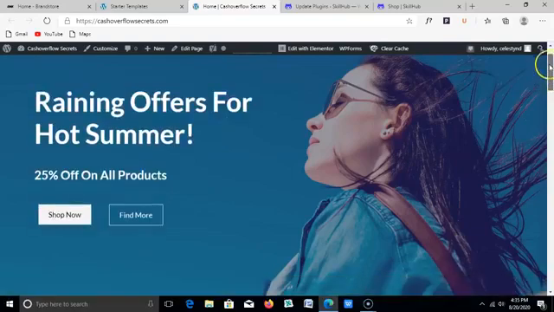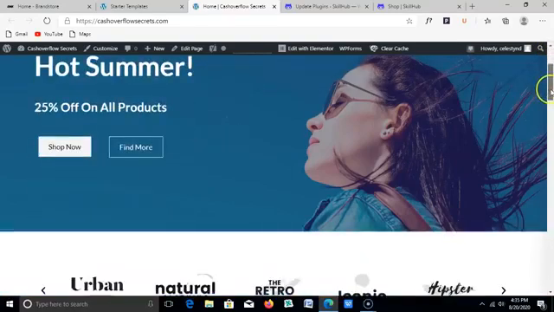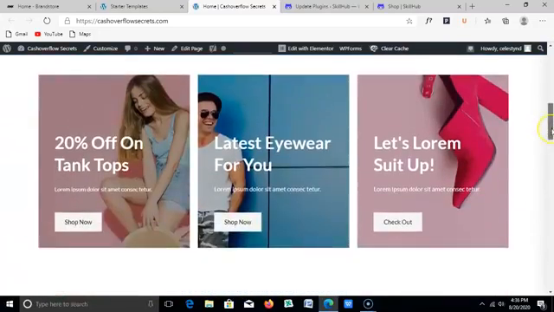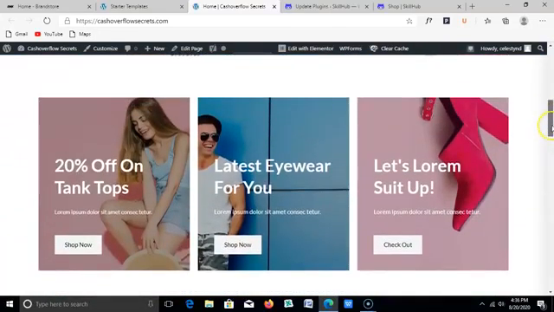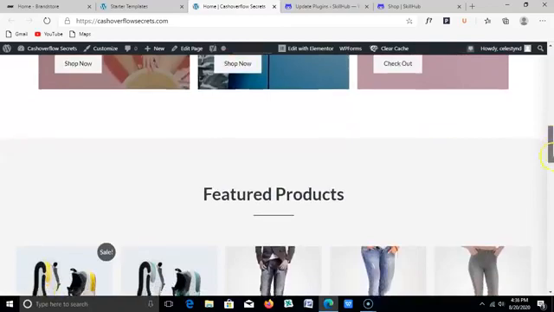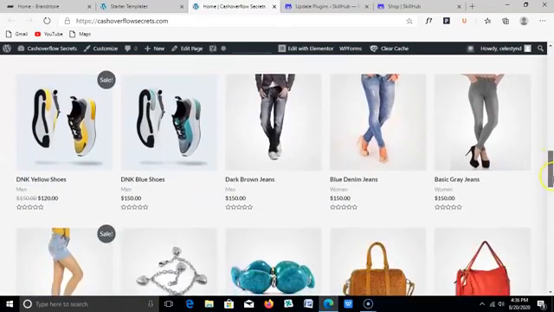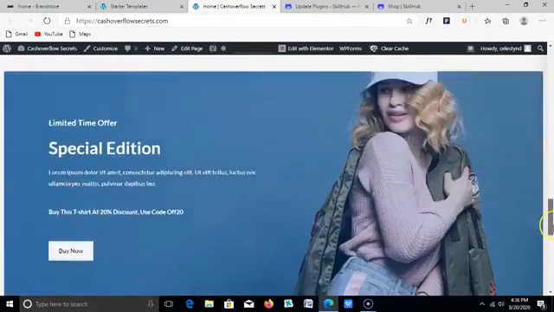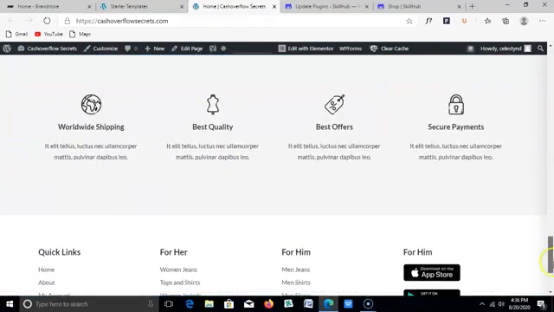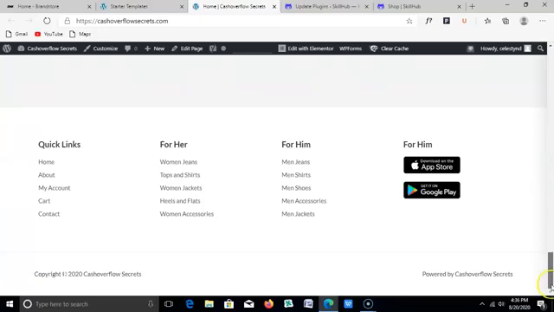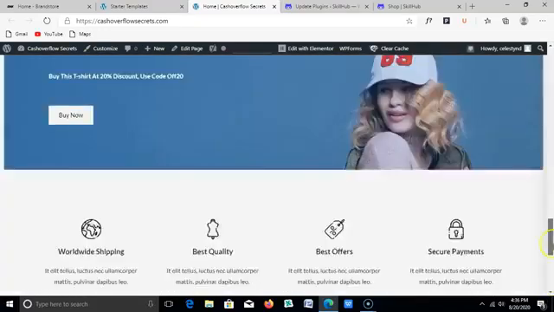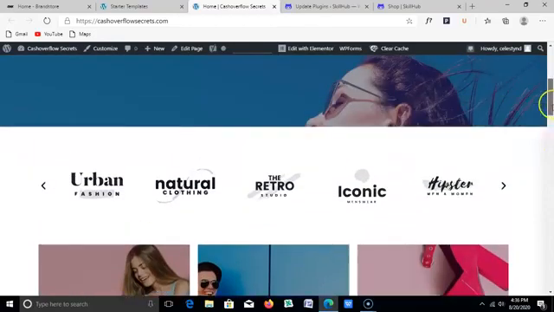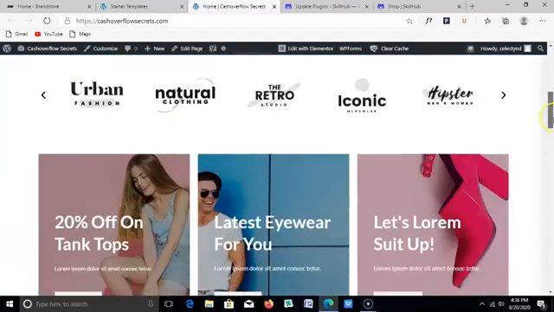This template looks quite beautiful. This is our full-fledged e-commerce website, and you can see the demo products, featured products. All these are demo content which are imported with a template just to help us easily build this website in minutes. So what we need to do is to go back to our WordPress dashboard and delete the